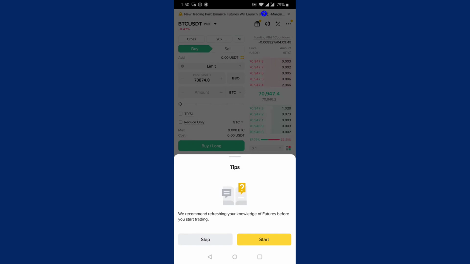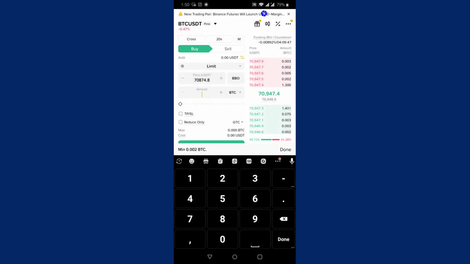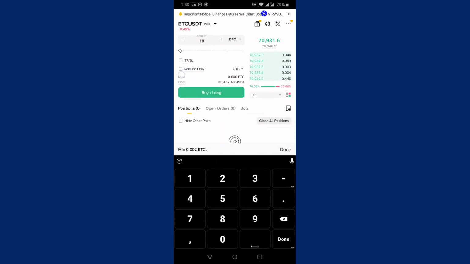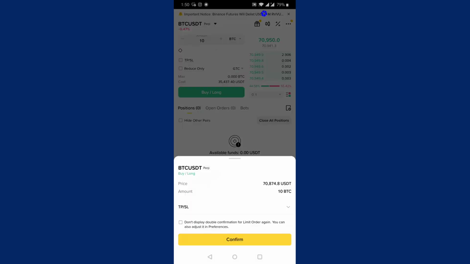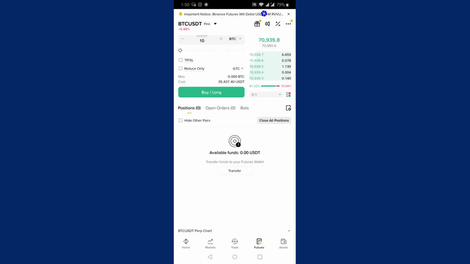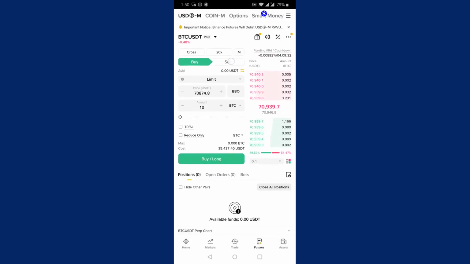Next, locate the layout or interface toggle within the futures screen. This option is typically found at the top or bottom of your screen, depending on the version of the app. Select the option labeled Advanced or Pro View. If prompted, confirm your selection to switch modes. The interface will update immediately, and you will notice that additional charts and trading tools appear, providing a more detailed